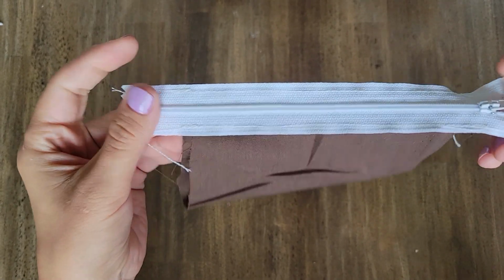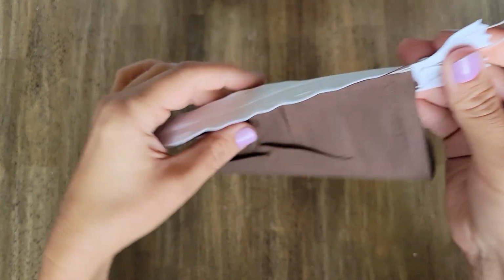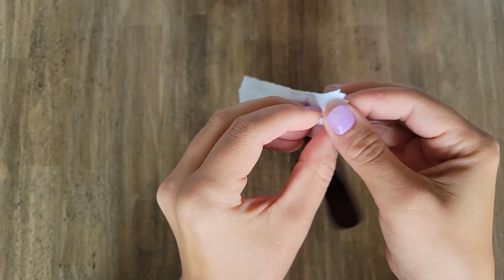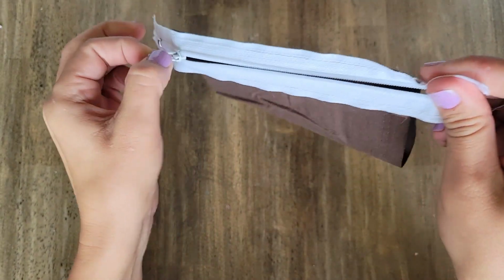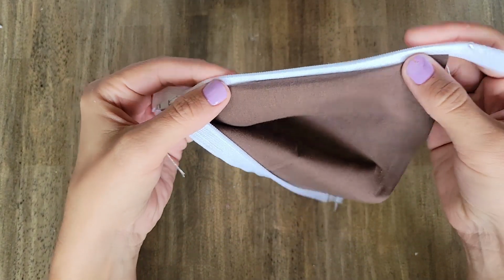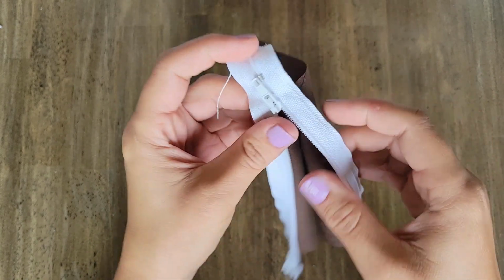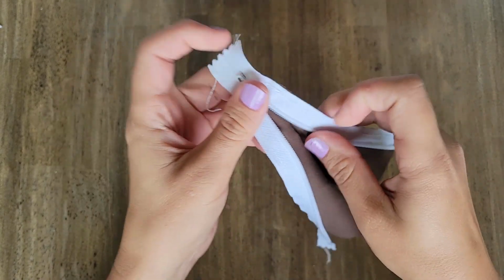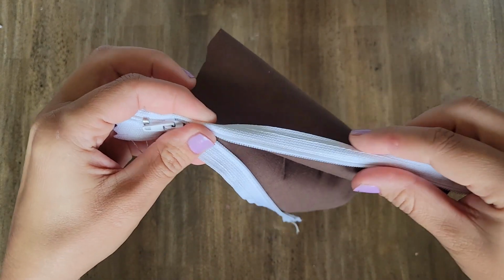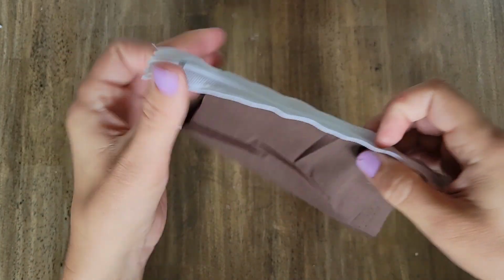Now that I've sewn both sides, you can see it looks the same on both sides here. You can actually open it up and take a peek. And this is what the inside looks like so far. You've got a nice clean edge on the inside. And this part we're going to sew directly into our crochet bag. But first we need to